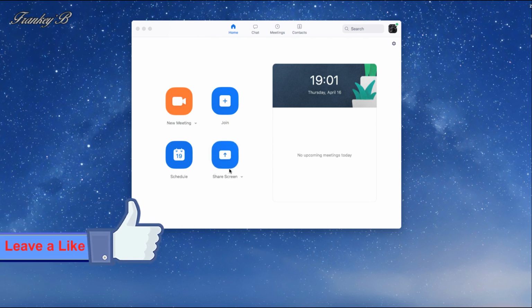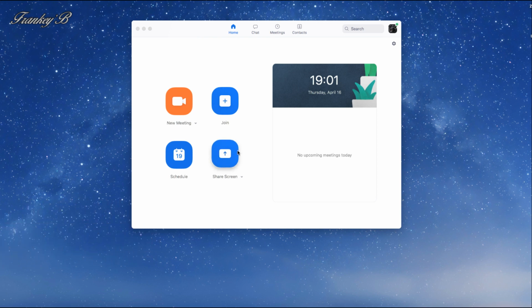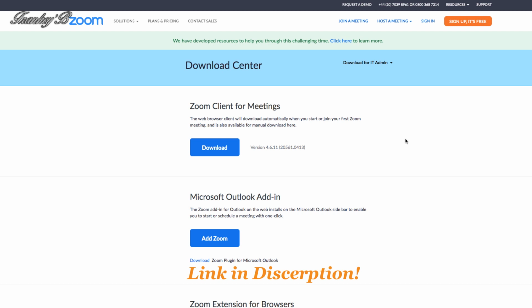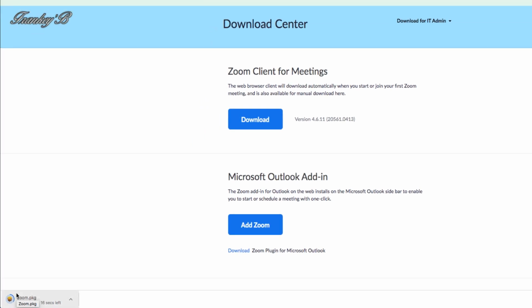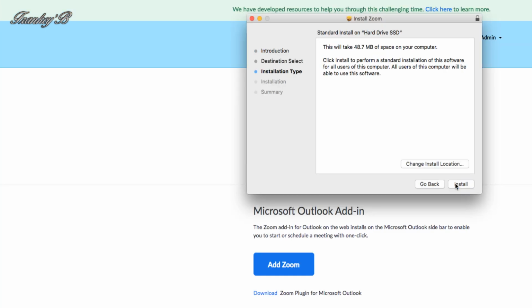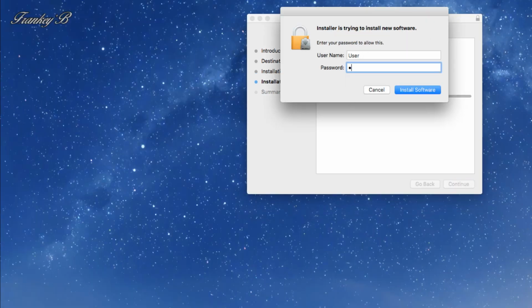Now, first things first, and the first thing you need to do is to download Zoom. So click on the link in the description down below and it will take you to the Zoom download page. Now, from here, click on the first download option and the software will download for you. And you will see it in the left hand corner of your screen down below. And when the download is finished, click on it to install the program. And when the installation is finished,